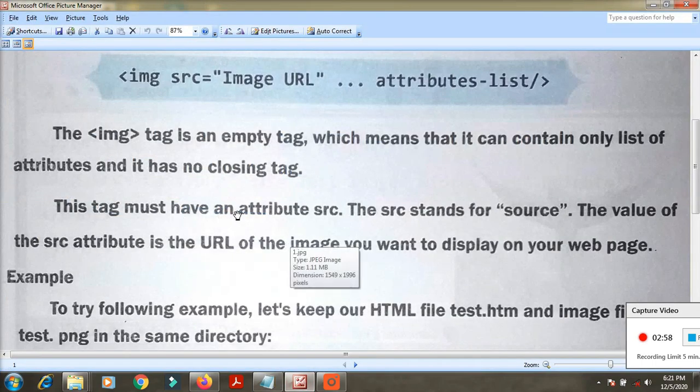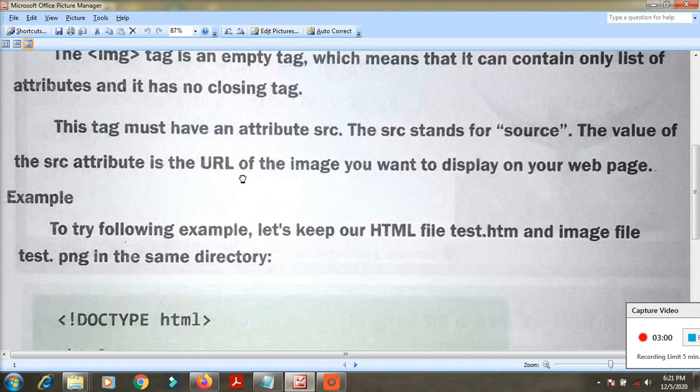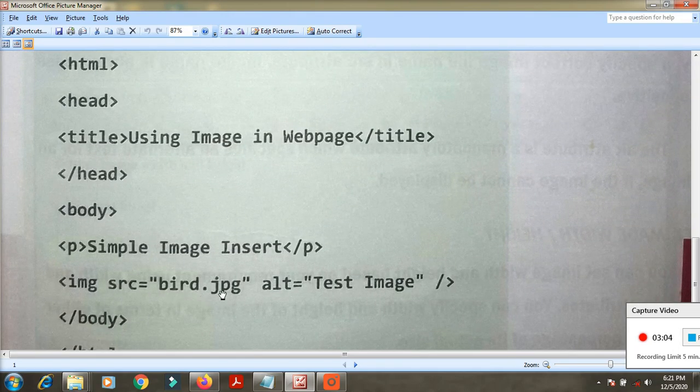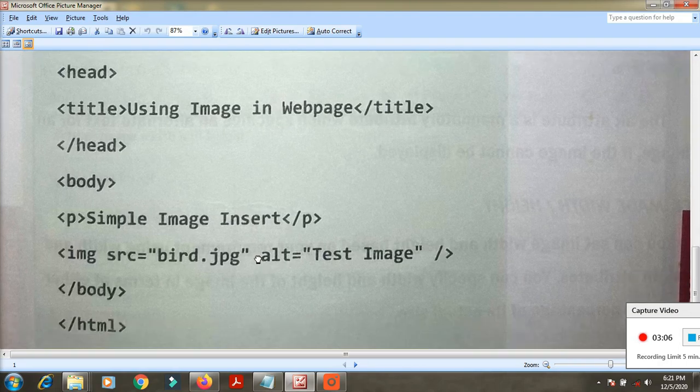Like this only we have to insert the image inside the HTML document; that is mentioned here also, bird.jpg. See, they mention another piece of information: ALT. What is meant by ALT? ALT means alternate text, the description or name of the image.